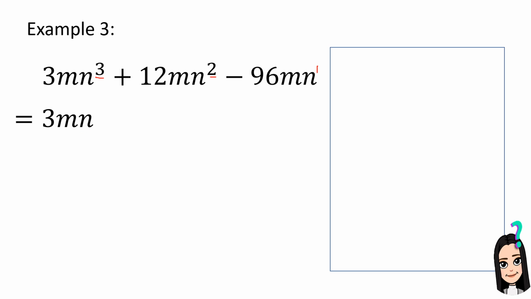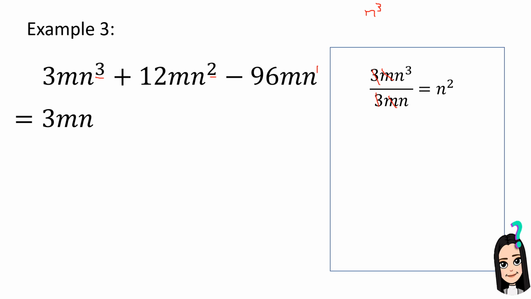Okay, next, we divide 3mn from the given. So 3mn cubed divided by 3mn. So 3 divided by 3, that is 1. Then m divided by m, that is 1. n cubed divided by n, that is n squared. So since n cubed,